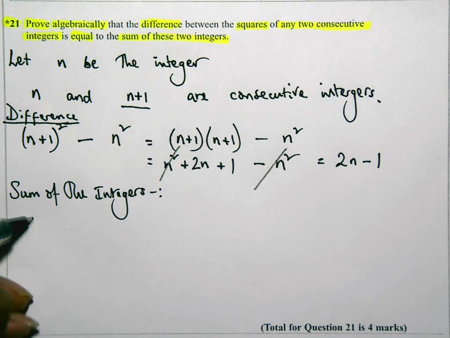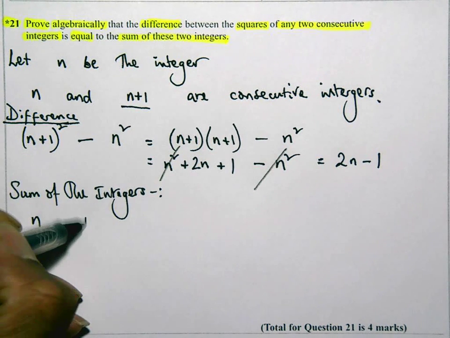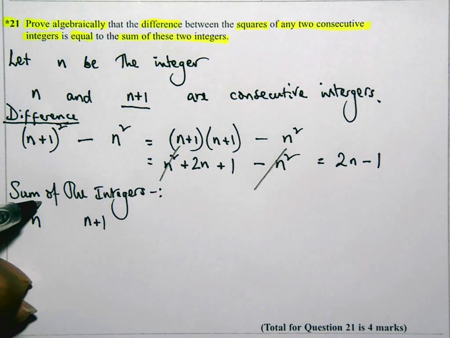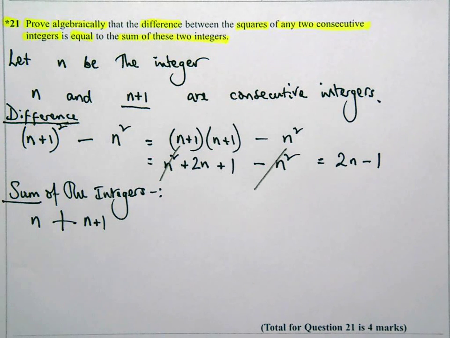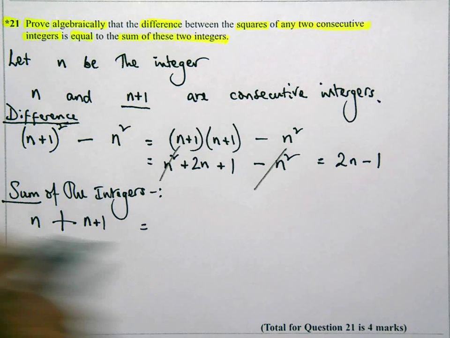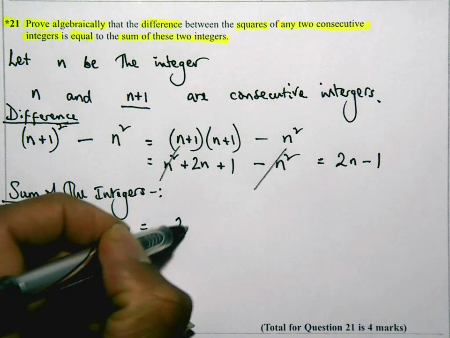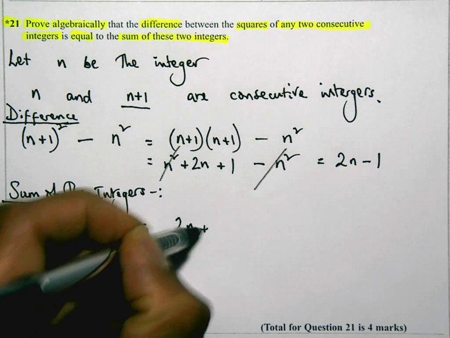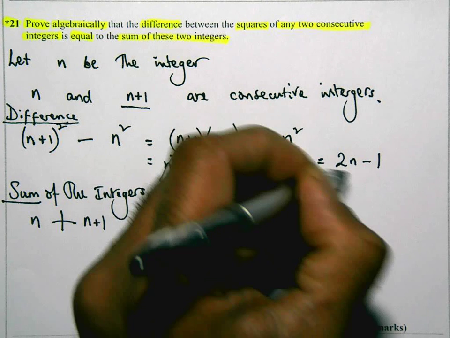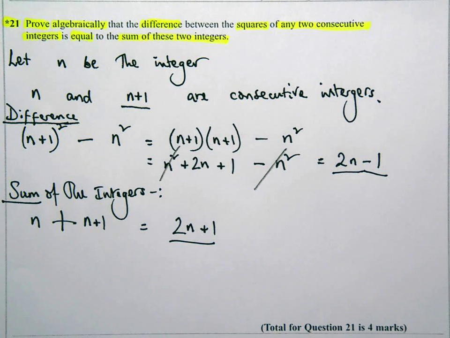The other one is n plus 1. And the word sum means to add. If I add these, that's going to give me n plus n, which is 2n, and plus 1. These two are the same, right? So I'm going to put a line because